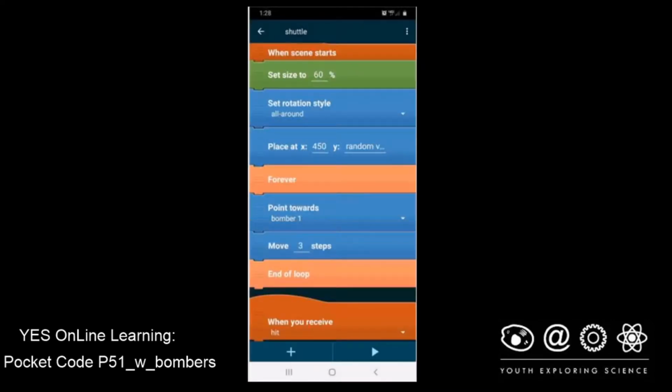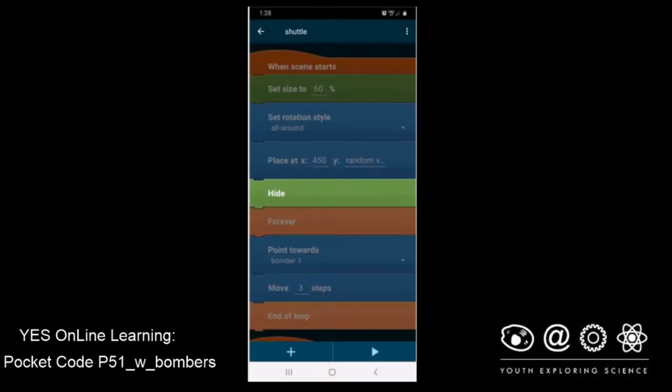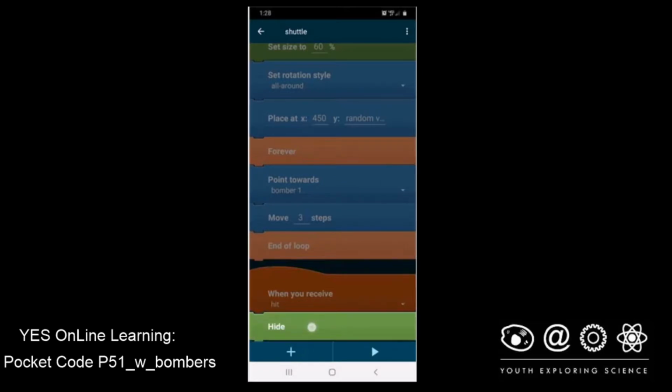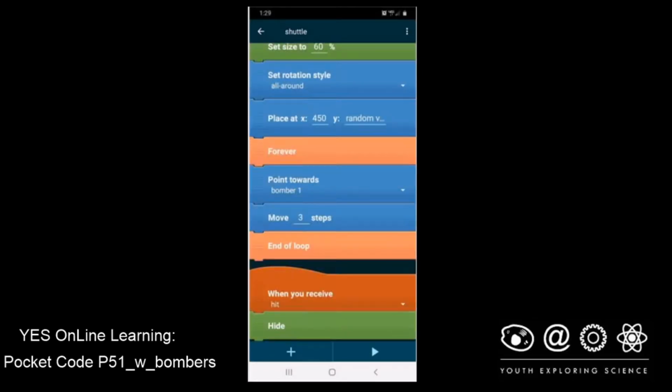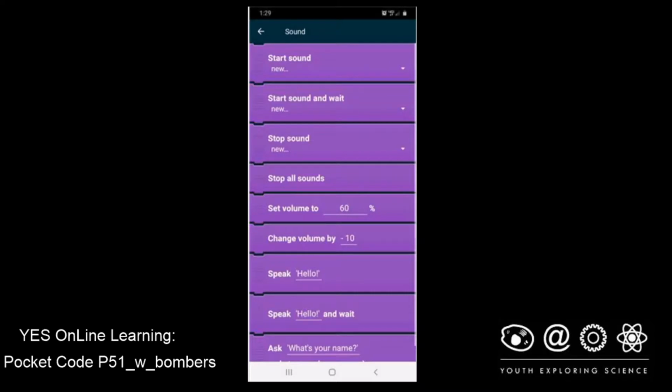Okay, when you receive hit, what do you want to have happen? Well, the first thing we want to have happen is we want the shuttle to disappear. So we're going to have to add hide. So that's under looks, and there's hide. And again, you have to drag it all the way down to the bottom. And we want an explosion sound. So we're going to hit the plus key, and we're going to add a sound. And we're going to use the second one down, start sound and wait. So we're going to click on start sound and wait,